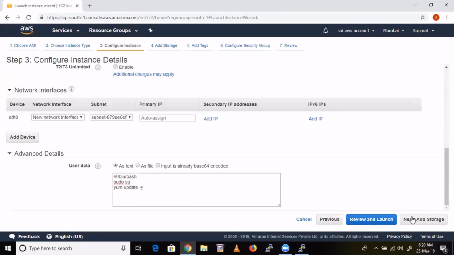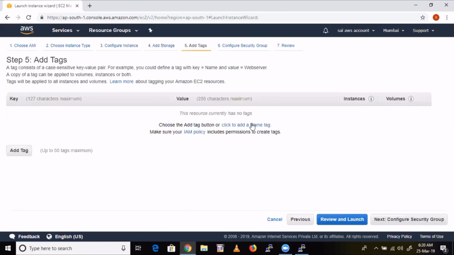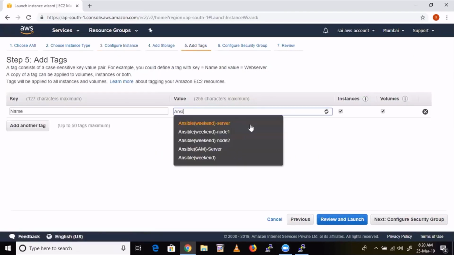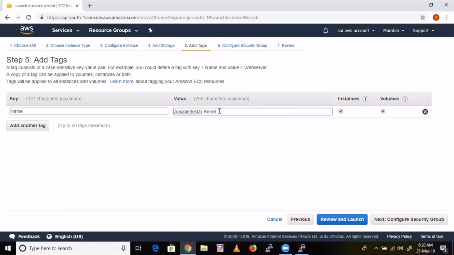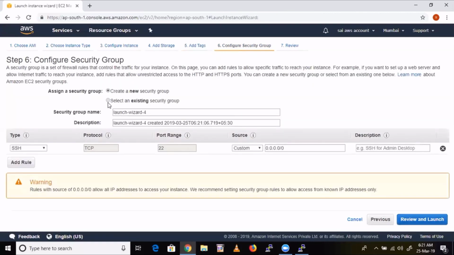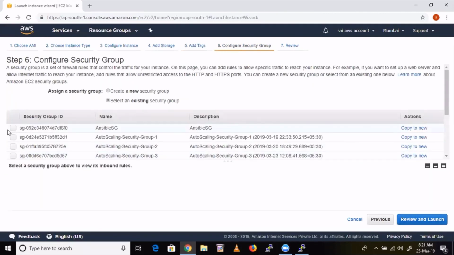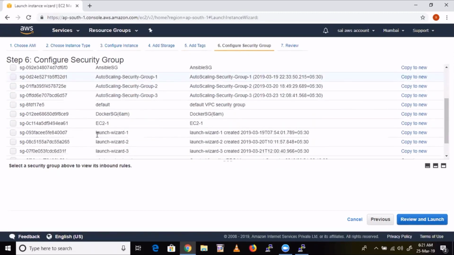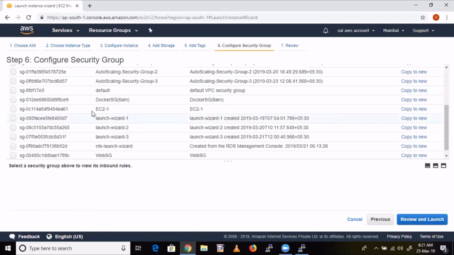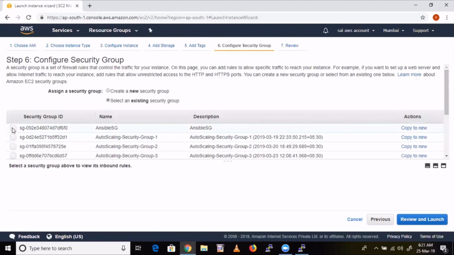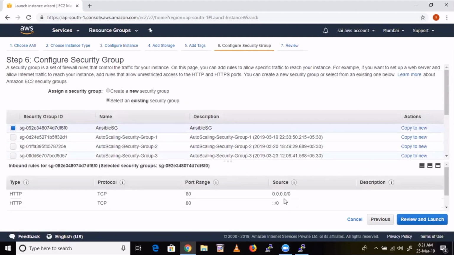Next, add tags, and mention node. Later on, I'll change the name. Node 1, node 2. Next, let's choose the existing security group, the Ansible security group. HTTP and SSH, guys, these two ports. Review and launch.